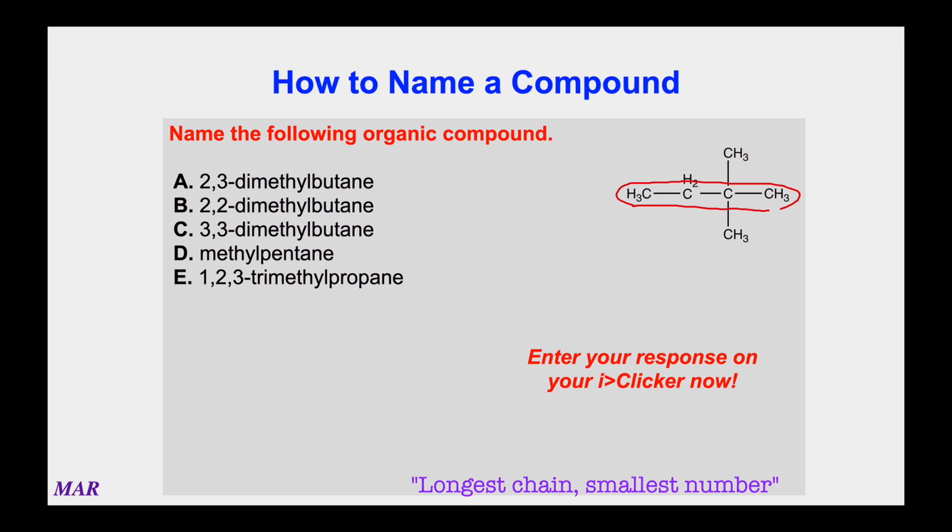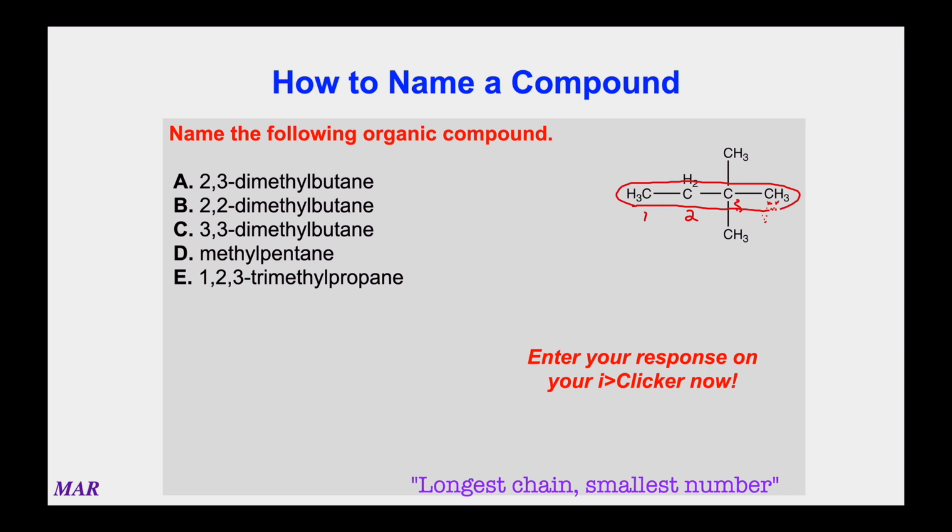Because the numbers are really important as well. If you start on the left and go right, which is what people in America do, because that's how we read, right? 1, 2, 3, 4. It looks like those 2 methyls are off the 3rd carbon, so you could call it a 3,3-dimethyl butane, all right?